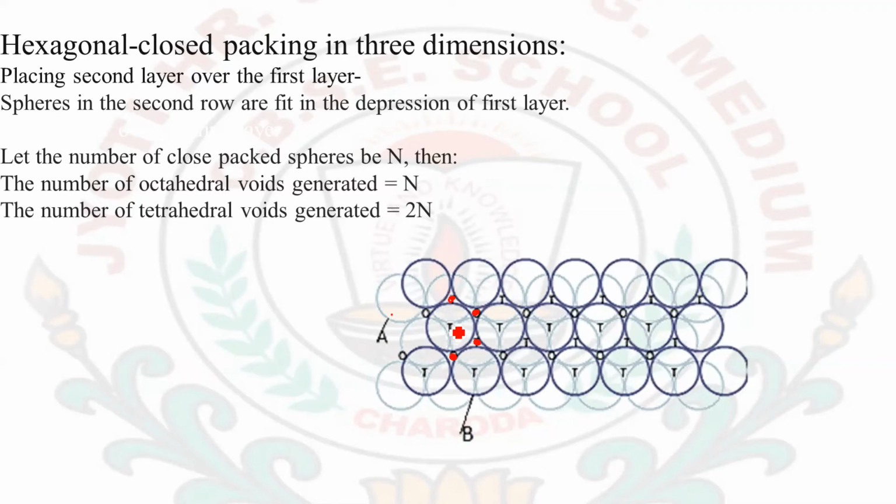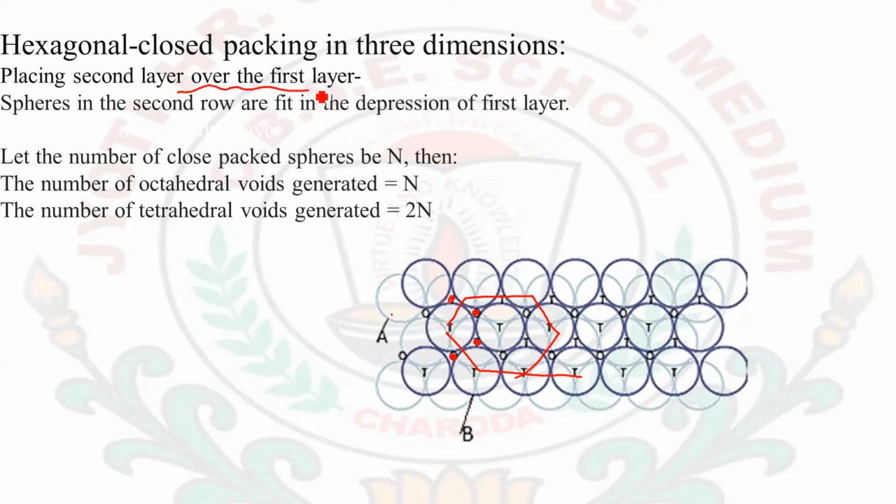Each atom, each particle will be touching the other 6 particles here, and it will be forming a proper 6 atoms, and the shape which will be formed here will be a hexagonal shape, like this: 1 2 3, 1 2 3 4 5 6. Each atom is forming this hexagonal shape only. So this type of close packing is known as three-dimensional close packing.